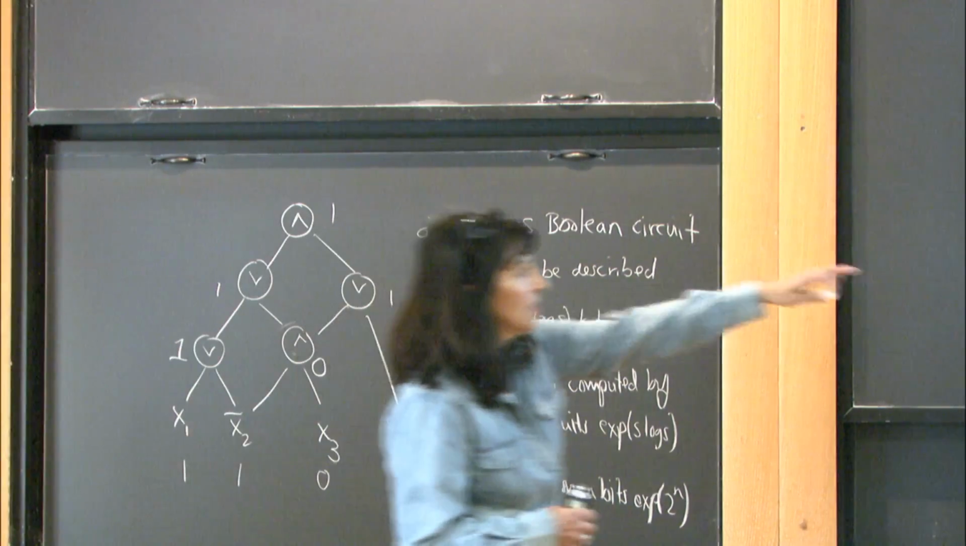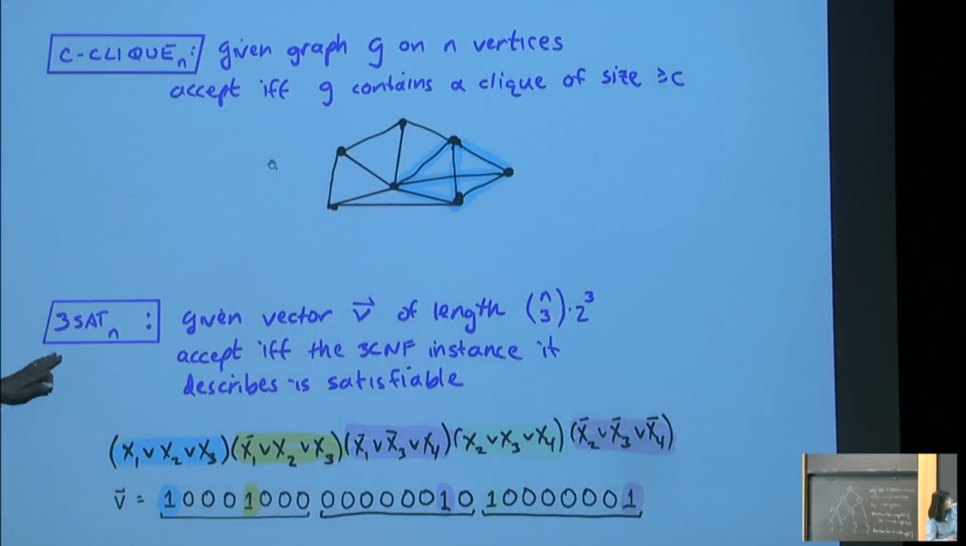And this was the other classic example that we'll use, the 3-SAT problem. Basically you're given a bunch of clauses, which are disjunctions of literals over n variables, and each clause has size 3. And you want to know if it's satisfiable. And we'll encode this as a vector of length